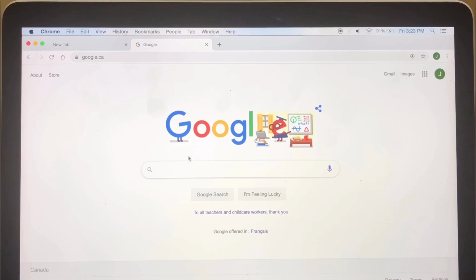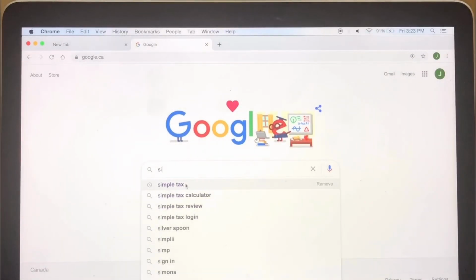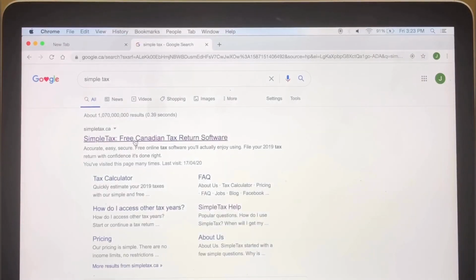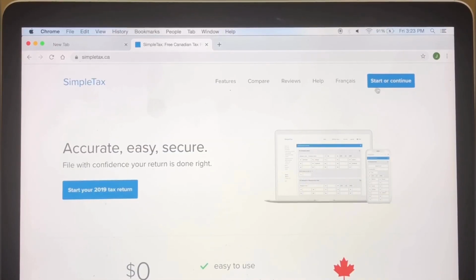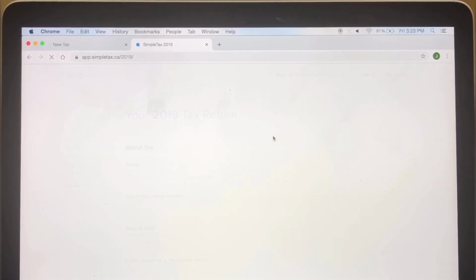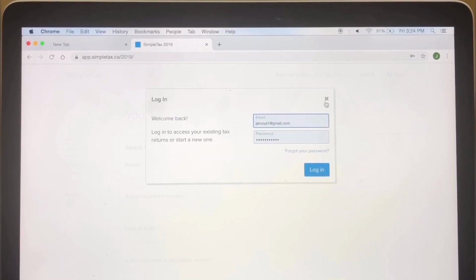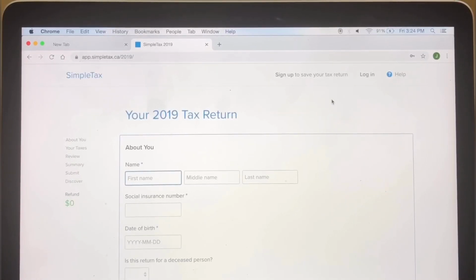Go to the Google website and type in Simple Tax. Right click over here, Simple Tax, Free Canadian Tax Return Software. Start or continue your 2019 tax return. I already signed in, so I'm going to use this one for someone else.